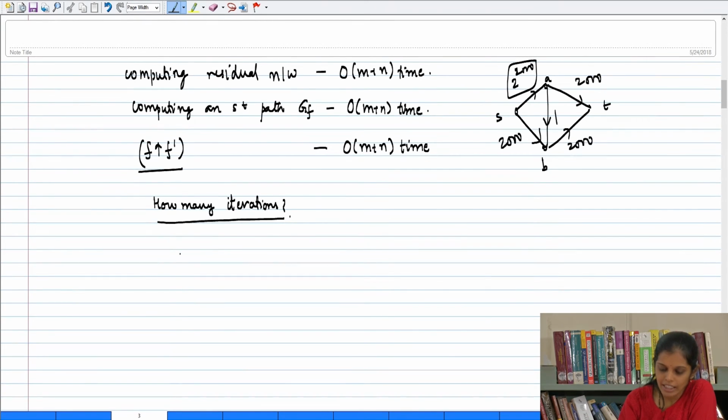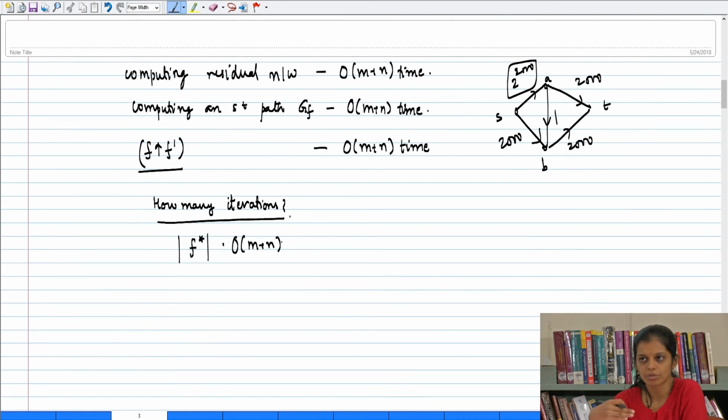So what we can clearly say is that if f star was the max flow in the flow network, and this is the value of the flow, the max flow, that is value of f star, then f star times order m plus n is a valid running time, right? Because you cannot take more than f star times m plus n. Each iteration of the Ford-Fulkerson method allows you to increase the flow. So this is a little imprecise. You have to say that on